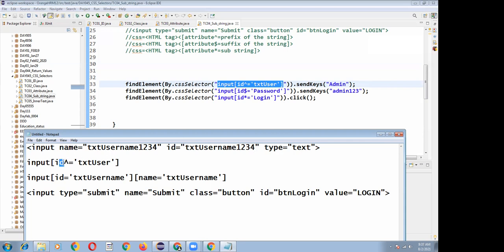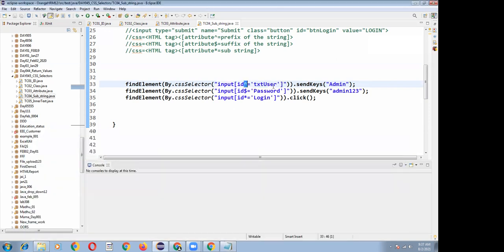So here I am writing ID is equal to. If the number is changing every time, I can take this part and write the CSS locator strategy like this. Wherever my ID starts with this value, I'm locating that web element, and whatever the value it ends with, I'm not bothering.